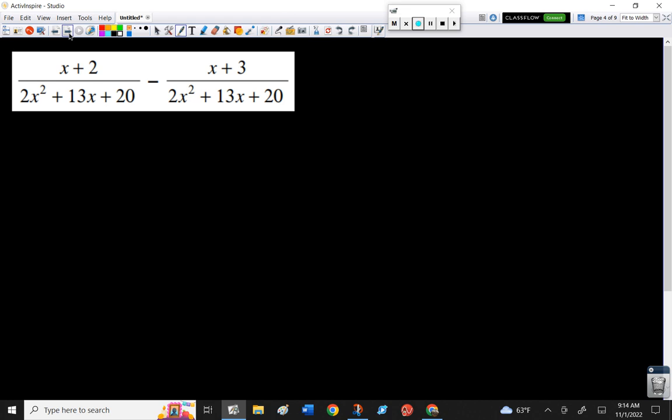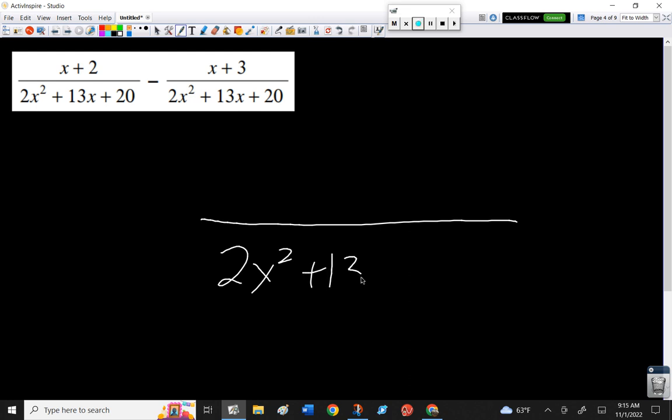gets a little bit more complicated. But look at these denominators. Ask yourself, are they the same? Turns out they are. So now, all I need to do is write that common denominator together. 2x squared plus 13x plus 20. And what I'm going to do is I'm going to put the x plus 2 on top minus, but be